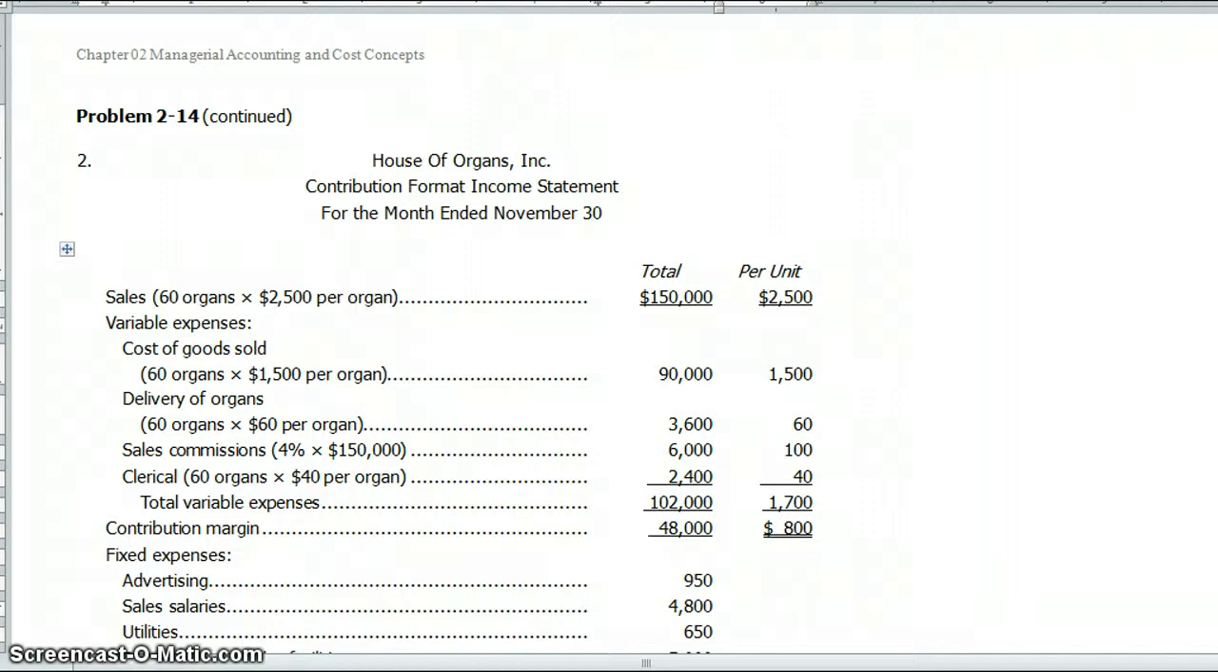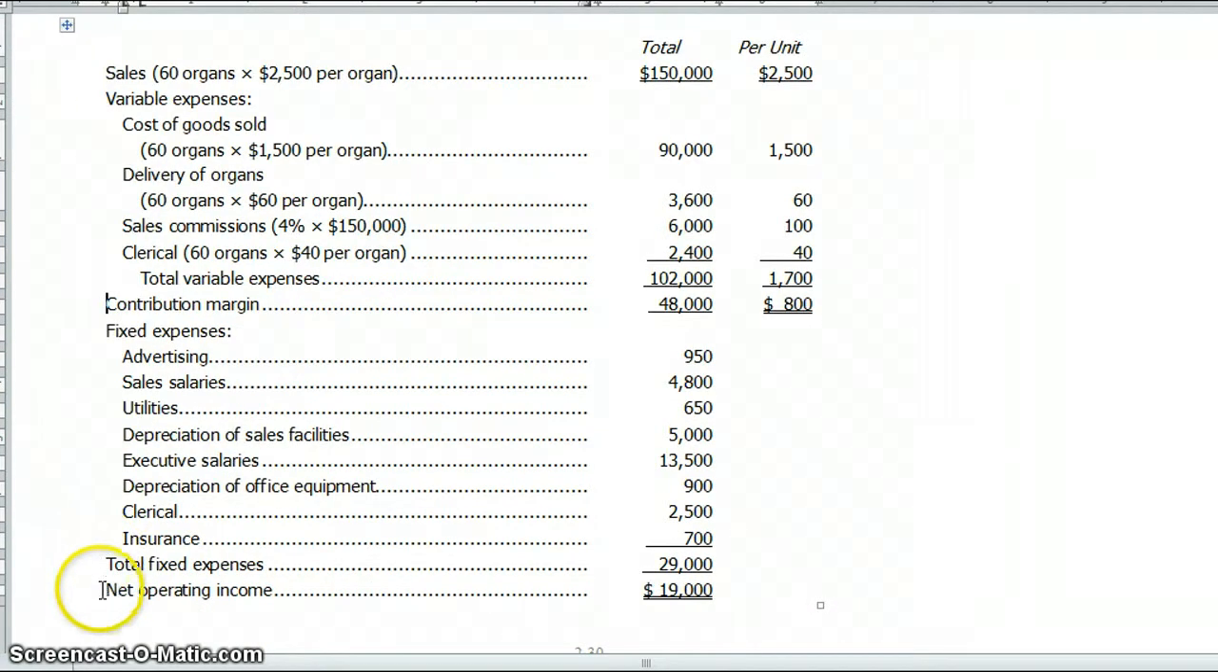What you're asked to do in Part 2 is prepare a contribution format income statement for November. Show costs and revenue on both a total and a per unit basis down through contribution margin. If you recall from the lecture, a contribution margin income statement is a traditional income statement that's been resorted by variable cost and fixed cost. The format is sales minus variable cost gives you contribution margin, less fixed cost gives you net